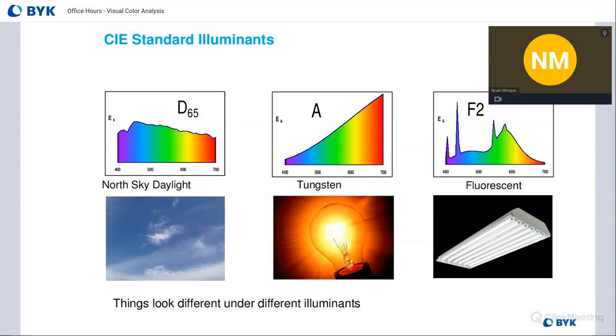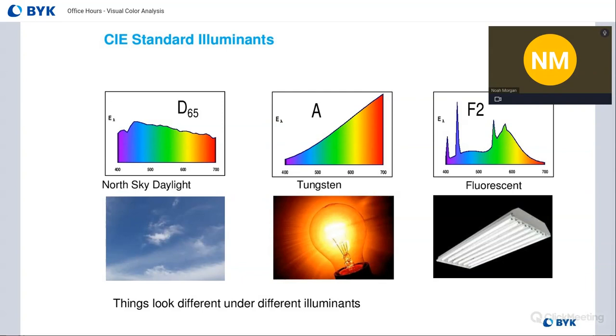So here we kind of get into the illuminants. So these are the CIE standard illuminants. So we start out with D65, which is one of the most commonly used ones. It stands for daylight at 6,500 Kelvin, as I said before. And you can see the spectral curve of that light source there, where it's almost even across the board on all those colors of the spectrum. So there's no real dominant. You could say blue might be slightly more dominant, but